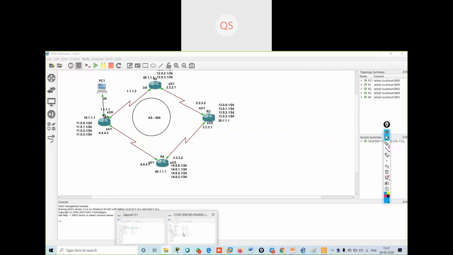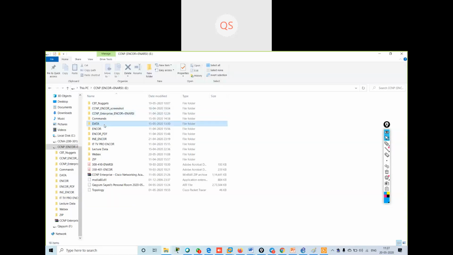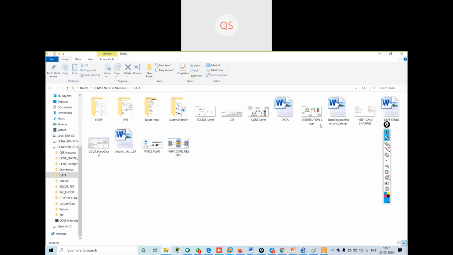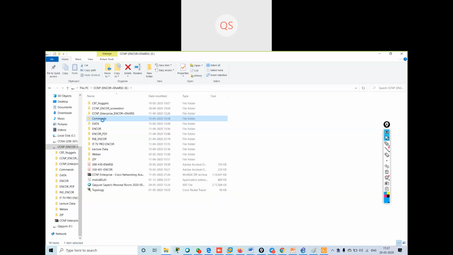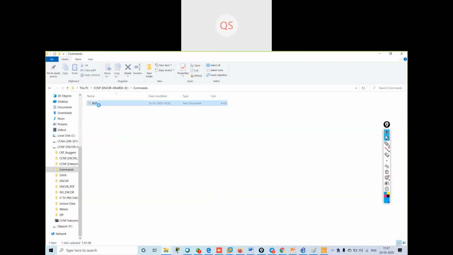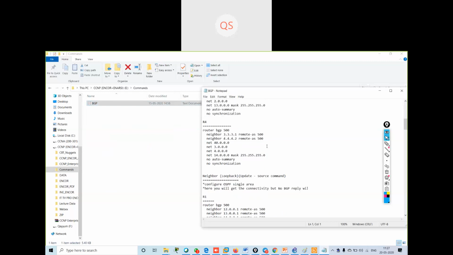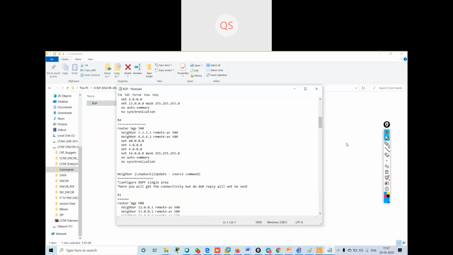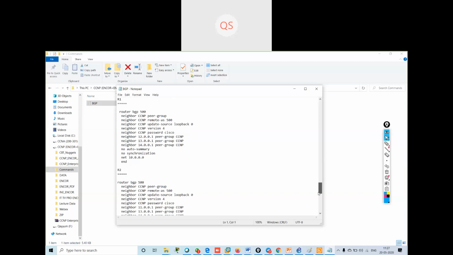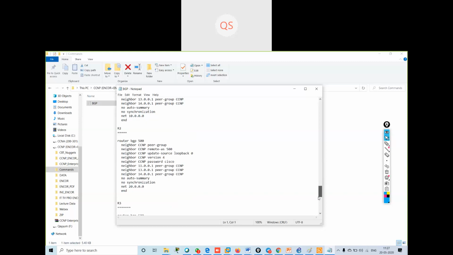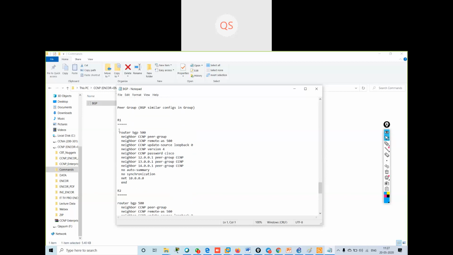If I go over here, I have the BGP commands. So these are my commands.